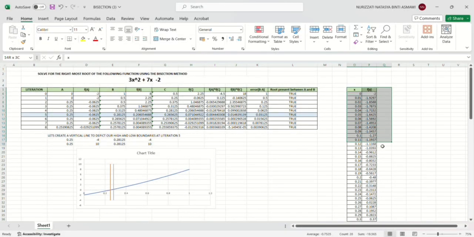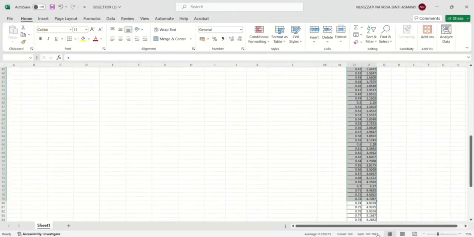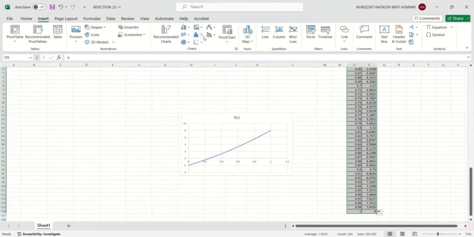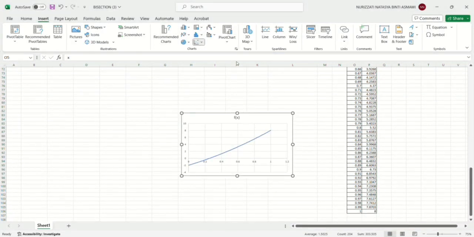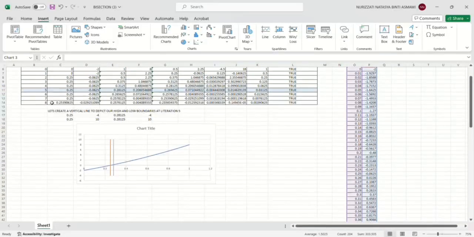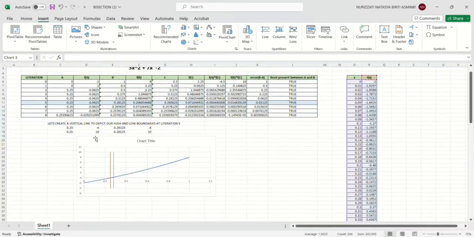After that, we need to highlight all of the data from the table and choose insert and choose the chart. So this is the chart that I have completely done by our group. So by looking at this chart, we need to create a vertical line of iteration 5. So by looking at the iteration 5, we can know that the x value is 0.25 and